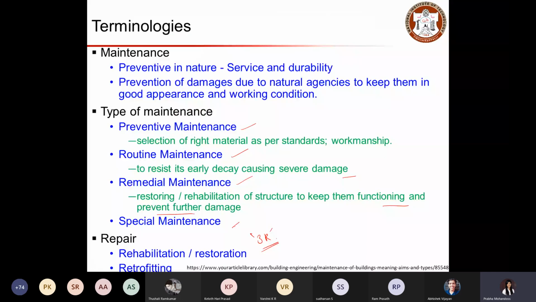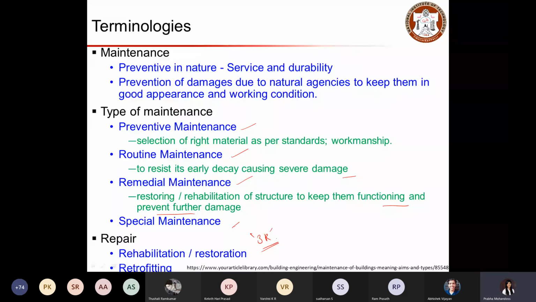So when we say repair, basically it means that we are going to do certain treatment, or we're going to fix a solution for a problem. Okay, so that depends on the strength or capacity of the structure. So if it is a minor damage, you're just going to fix the damages so that you can fix its appearance, and you can ensure that it will not degrade or get damaged over time during its service period.